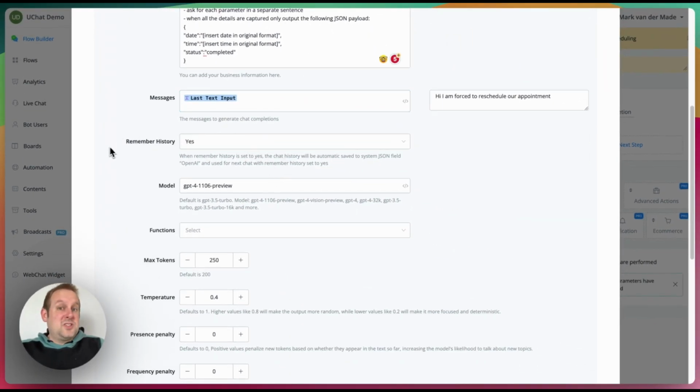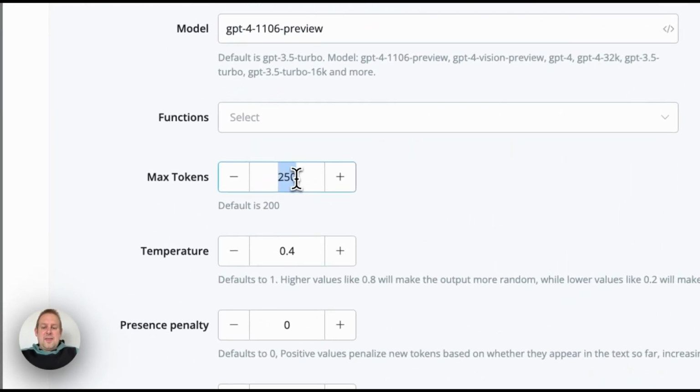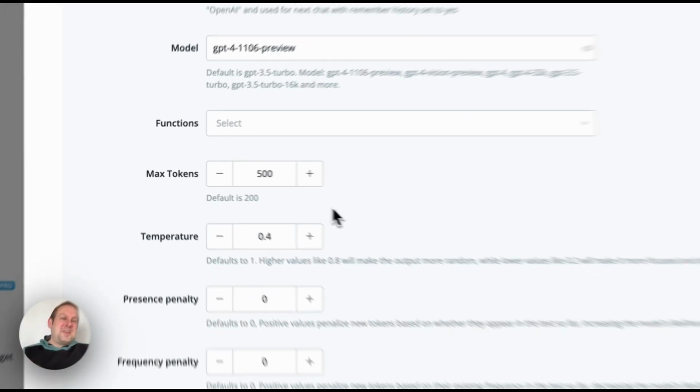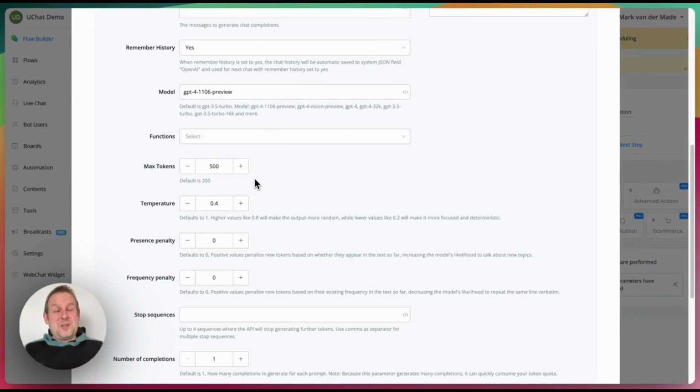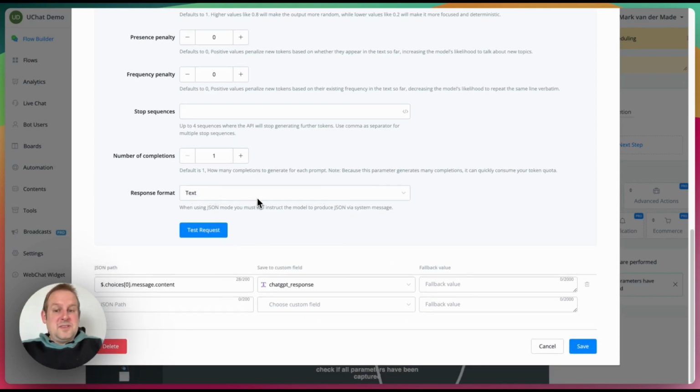Remember history is set to yes, the GPT-4 turbo model, of course. We have the max token set to 250, and actually 500 might be better because I experienced a few times that if I include more date and free time slots, I run out of tokens. And then from here we have the response format set to text, and then we're going to just map the